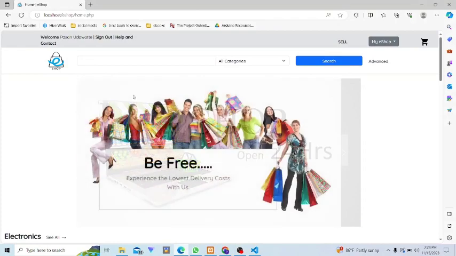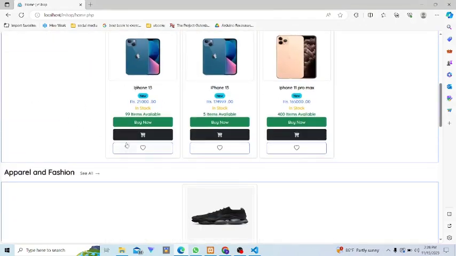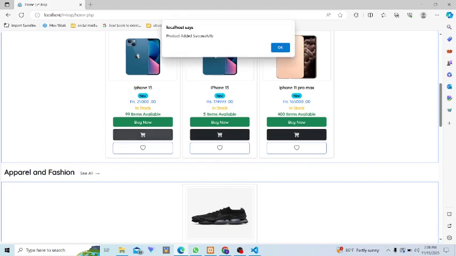Welcome everyone. In this video, I am going to explain the add to cart function and how we can remove the products from our cart. So we have the cart icon here, and if I click that, we have an alert, product added successfully. So I can add several products,